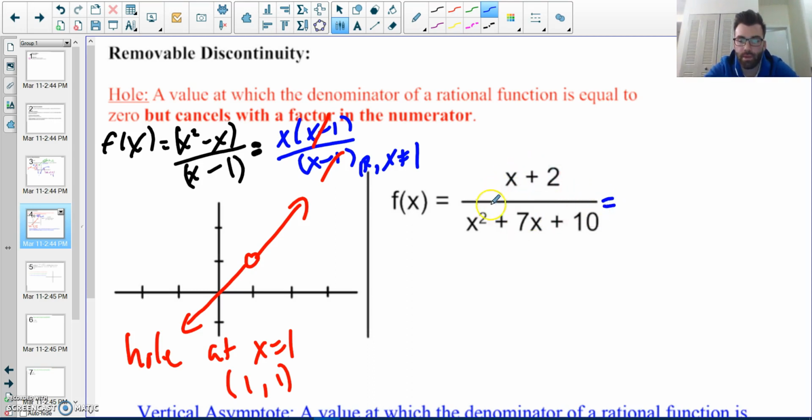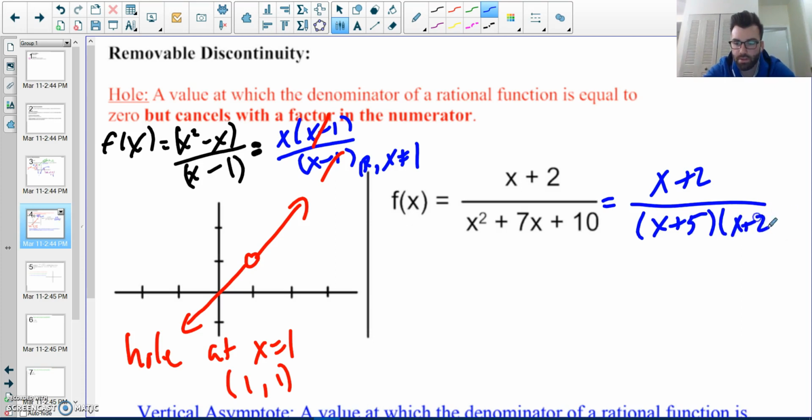I'm not going to have you plug this in. Let's just think about it algebraically now. The first thing I want to do is factor. The first thing we should do is factor. So I factor out my denominator. I get x plus 5, x plus 2. Well, some of my factors cancel. Excuse me, not some, but one of my factors cancels. So this factor cancels out. So I'm going to have a hole